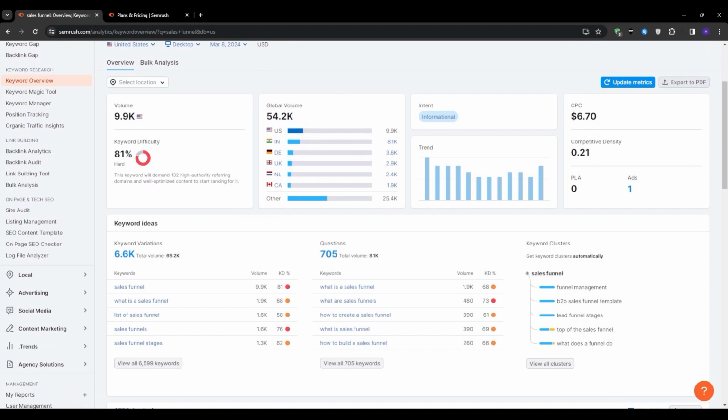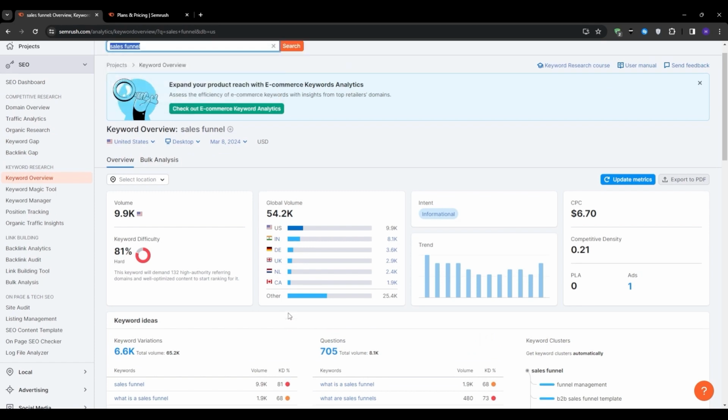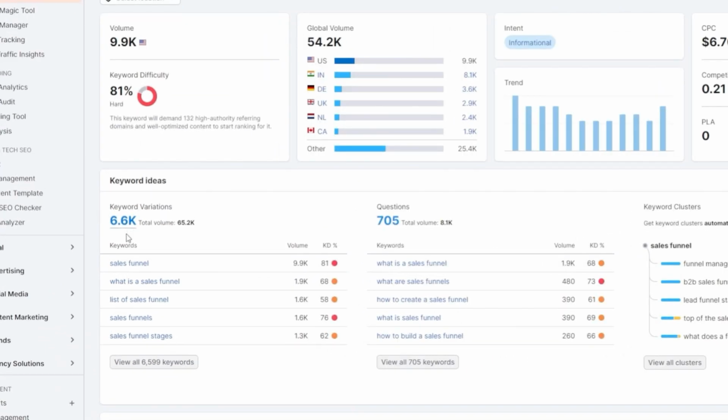After clicking search, you will see that we have thousands of potential keywords that we could create videos around. This is where Semrush really shines. It gives you a massive list of quick, relevant ideas that you can explore further. So start by looking at the most popular keywords starting from the top, and the very first one is sales funnel, which is pretty broad, but then as you go through the keywords you will notice that there are many different ones that you can target,